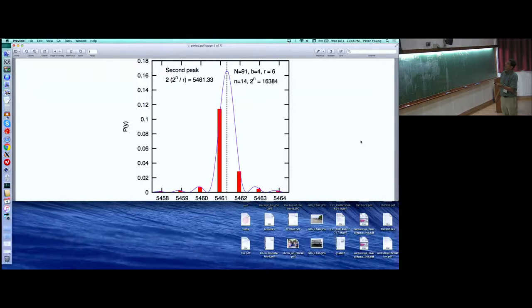So the total weight in all these red histograms is 16.167, and you see most of that is in the biggest one. So if we are lucky and we land on this or the corresponding peak for the histogram for the other peaks, then I know that this is the integer closest to a multiple of 2 to the n over r. And what I want is r, and it's not quite obvious how we get r out of that, but